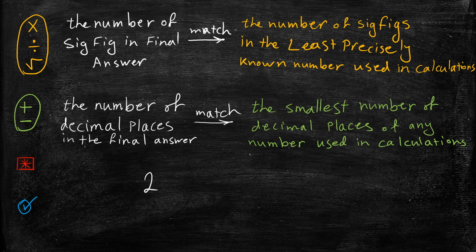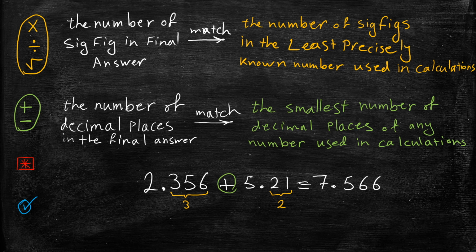Let's see an example with addition. Let's say 2.356 plus 5.21. So we're performing addition, the second category. This first number has 3 decimal places. The second number has 2 decimal places. The smallest number of decimal places is 2. So our final answer should have 2 decimal places as well. So I performed this addition. Here's what I got from the calculator,